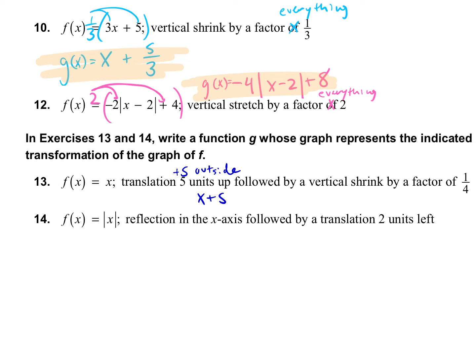And then how would I show a vertical shrink by a factor of 1/4? I multiply it to everything. So everything gets multiplied by 1/4. Have to distribute. So it'd be 1/4 x plus 5/4. So since you have to distribute over everything,